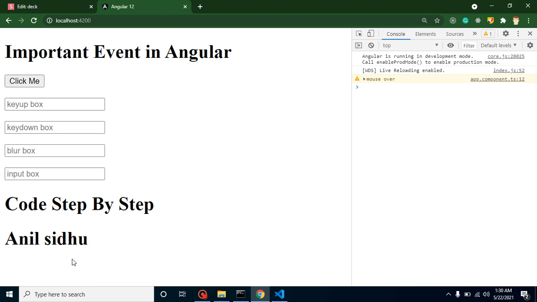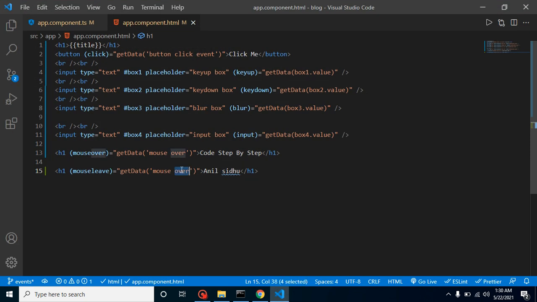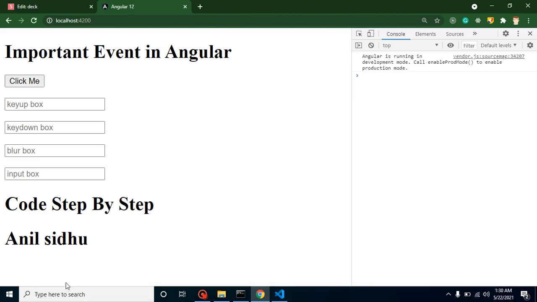So I'm catching this text. There is no console output on hover, and whenever I leave, it gives the console. For more clarity, you can put mouse leave here. There is no console on over, and there is a console on leave, so you can see the function is called on leave. So that's all for this video.